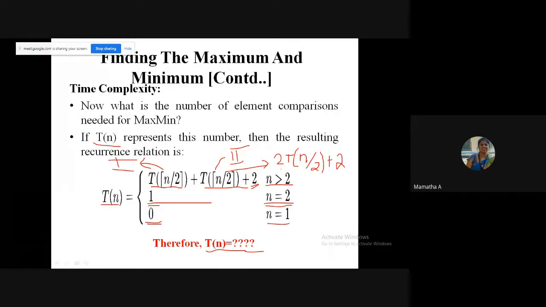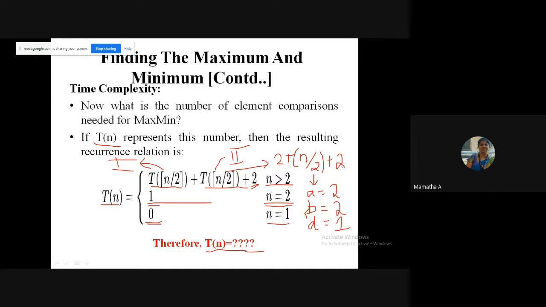What is A? A is what here? Students, quickly. 2, ma'am. A is 2. B is what? 2, ma'am. So 2. What is D? 1, ma'am. 1. Yes. 2 is there.